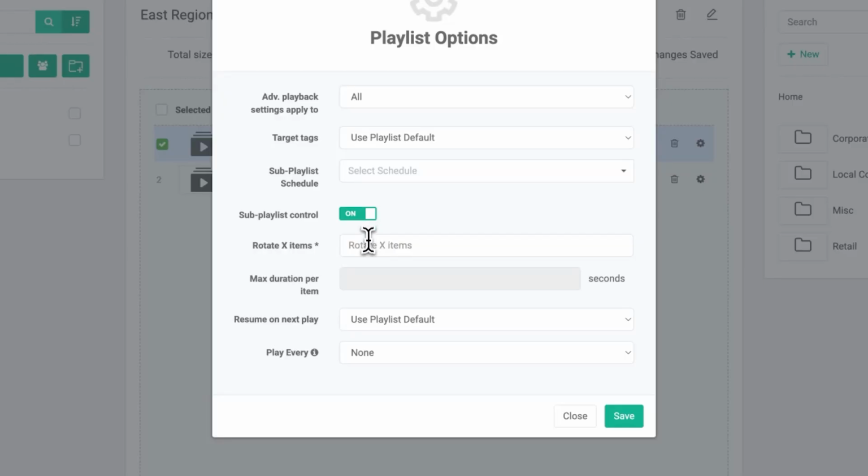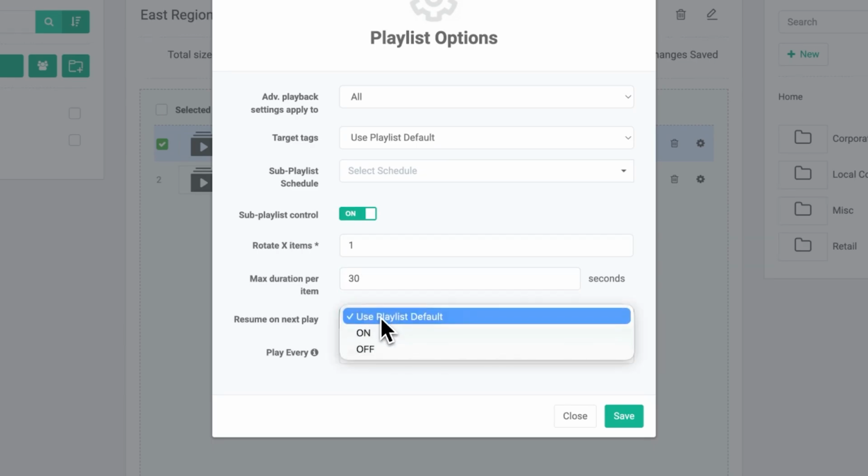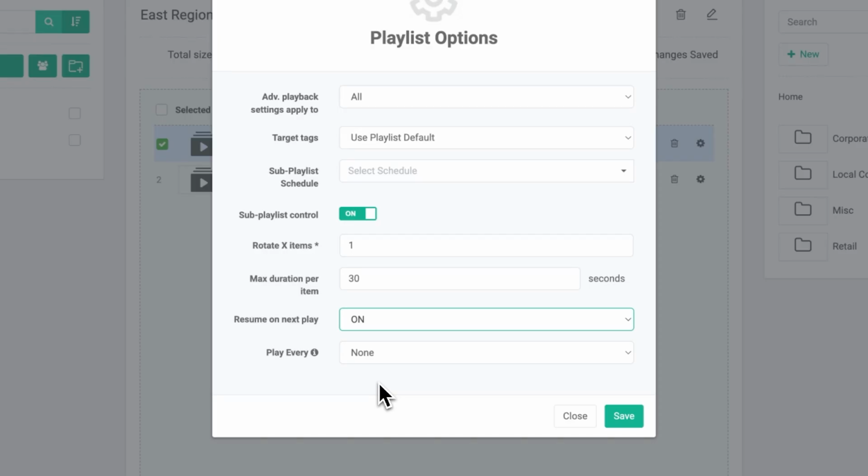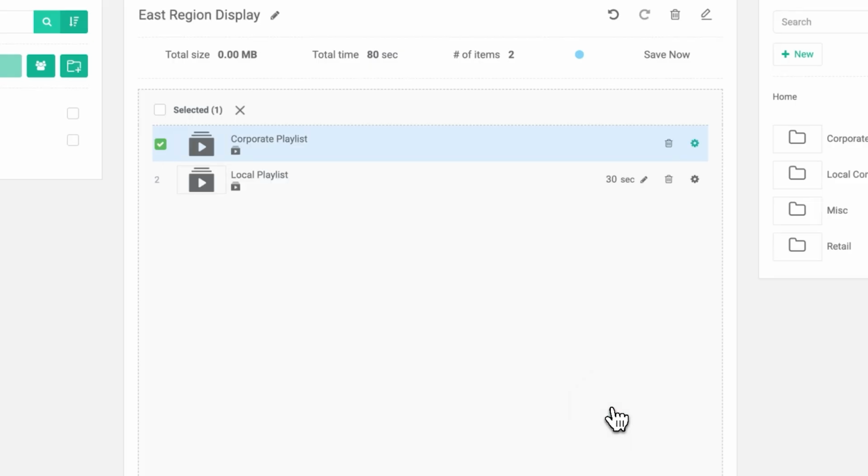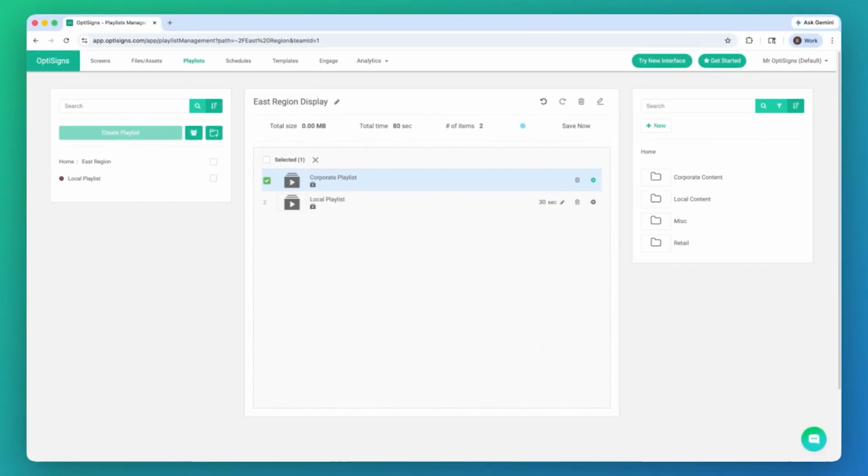I'll set this to 1 with a maximum duration of 30 seconds per item, and turn on Resume on Next Play. This will now play one item of corporate content per playlist rotation with a cap of 30 seconds per item, and with the Resume on Next Play turned on, it will automatically play the next item in the corporate playlist each time through. I'll save, and now I'm ready to push the playlist to the screen at the East Region